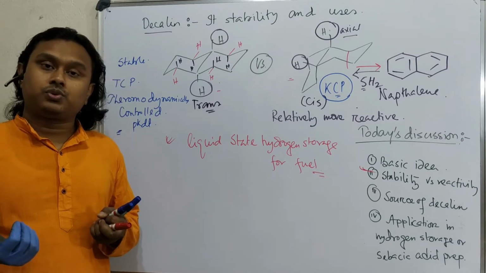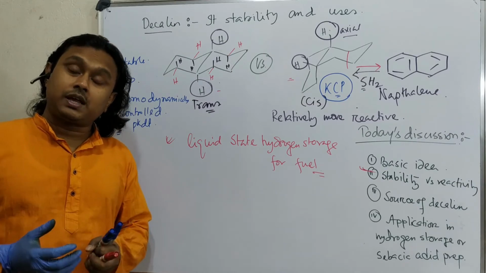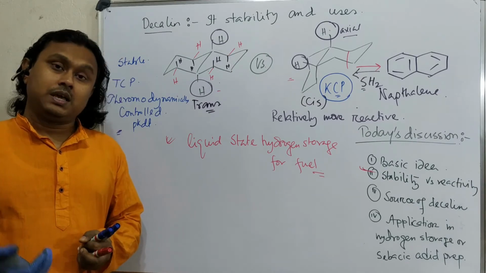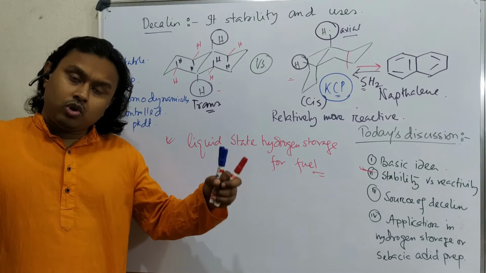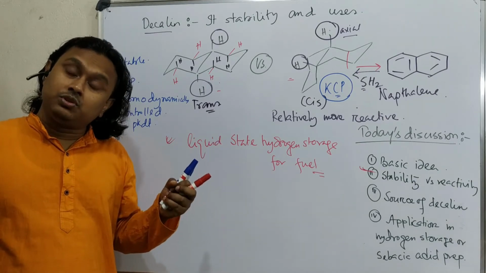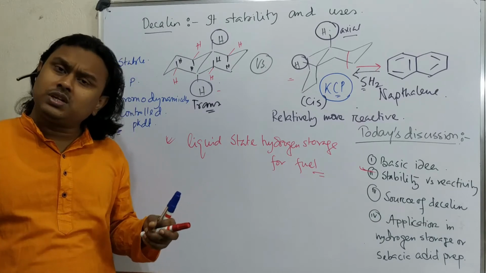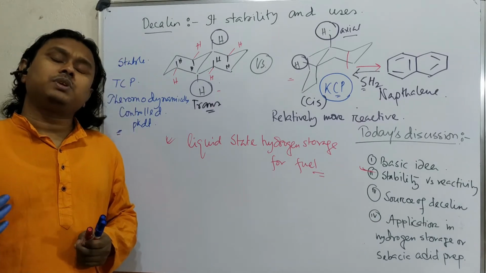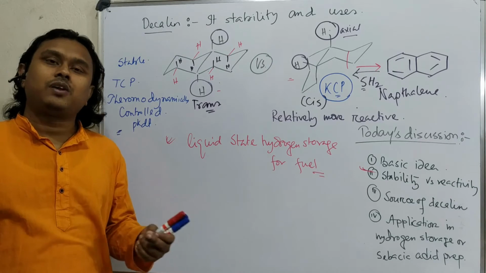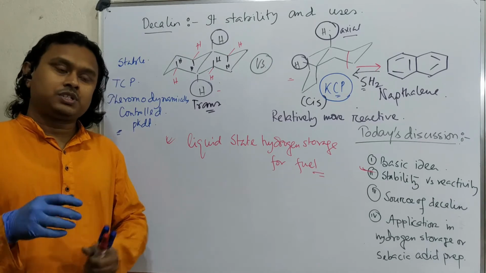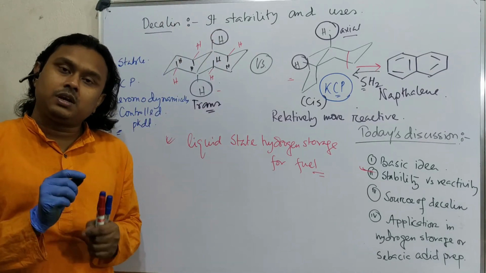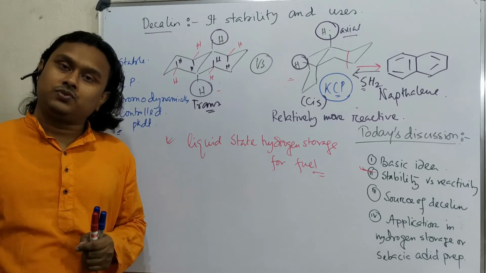How would you store it? Hydrogen is very difficult, and if you want to cool the hydrogen, you need to give lots of energy and maintain a cold temperature. Those are difficult for commercial purposes. For example, you may consider, okay sir, I will store hydrogen in a cylinder and use it. Now question, within a particular volume of a cylinder, how many molecules of hydrogen can you store?